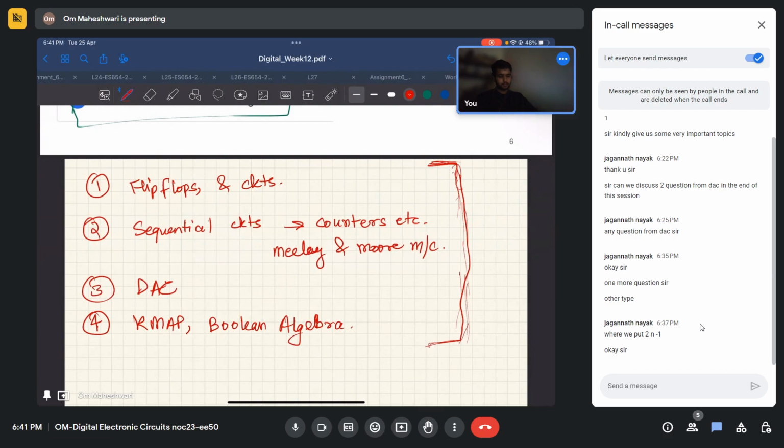Flip-flops and related circuits, sequential circuits, counters, state machines, ADC, DAC, K-map and Boolean algebra. So these are pretty important topics, and